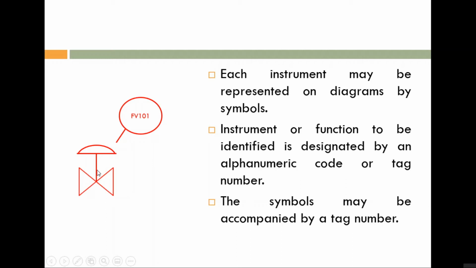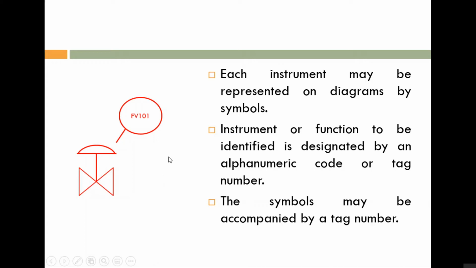So this one is a general symbol also. This one is a general symbol of valve. Okay, so I told you this one is a combination of a number of symbols. Now what about this circle? This circle means this one is located in field. This one is a field located device. That is the indication of this circle. Circle means this one is the device located in field.